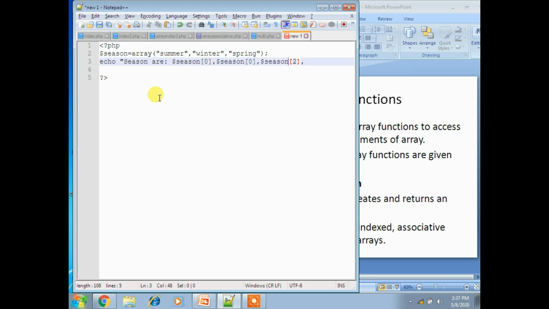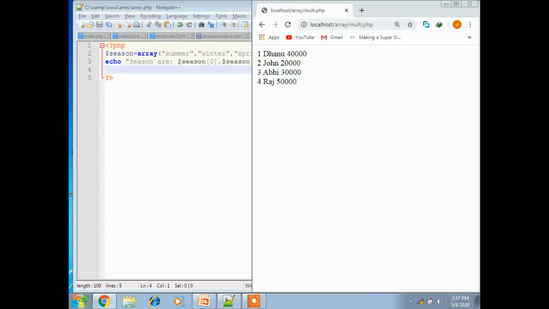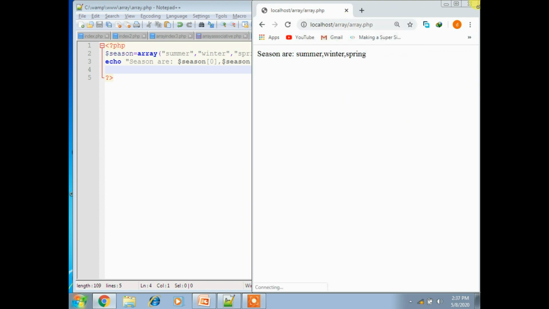So here 2, and that is 1, and double quotation, close. Now save the program as array.php. Now execute the program, array.php, which displays the values summer, winter, spring.